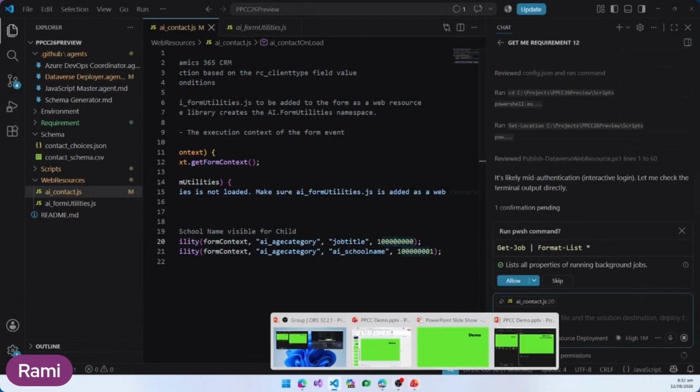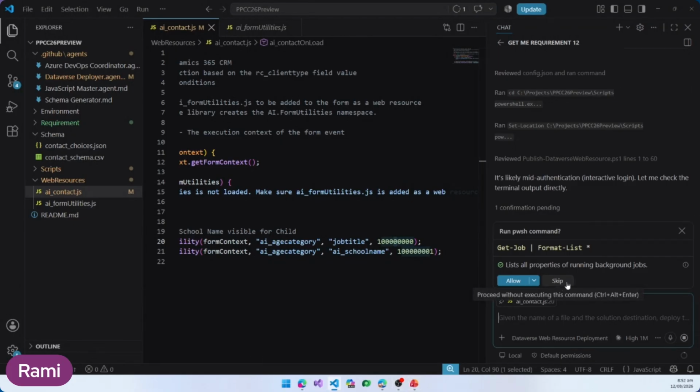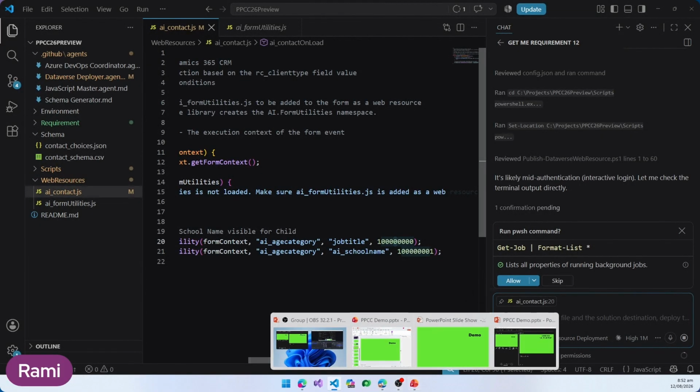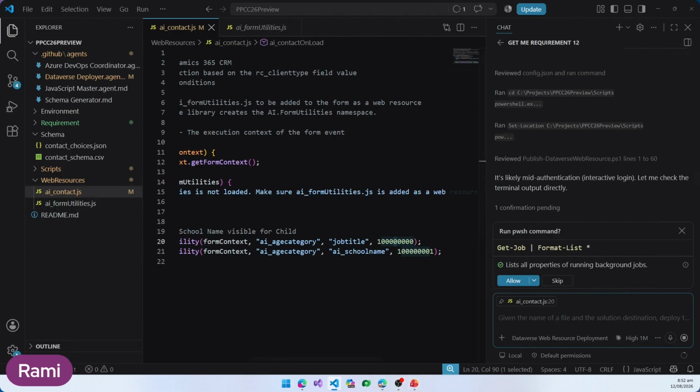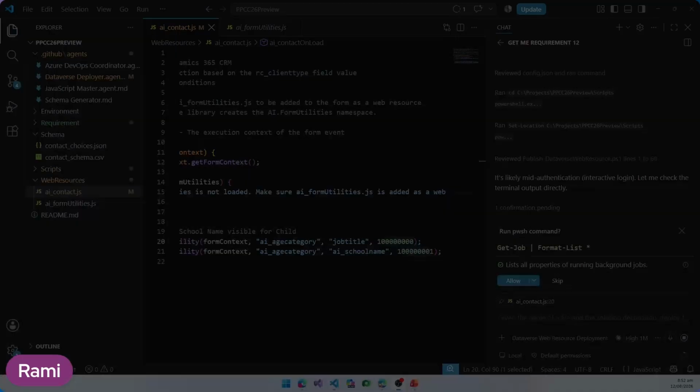Now, it did hallucinate a little bit, and that's fine. This is usually what we can see in those environments, and it's really important to understand how to address that and how to change it. Now, this is just a quick sneak preview. Eventually, it's going to push the changes into the environment and publish it. We're going to refresh our page, and everything is going to be available as we need it.